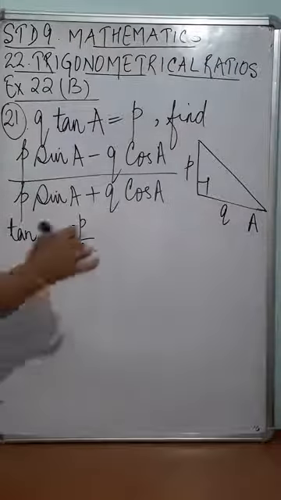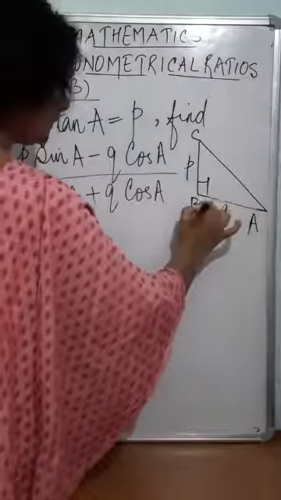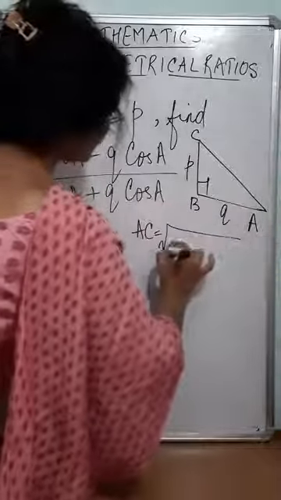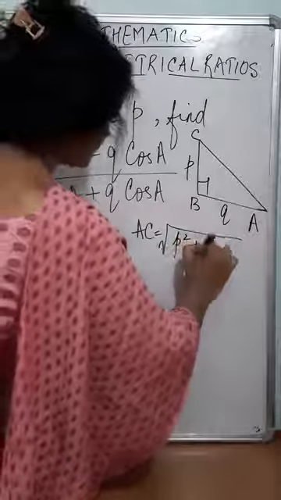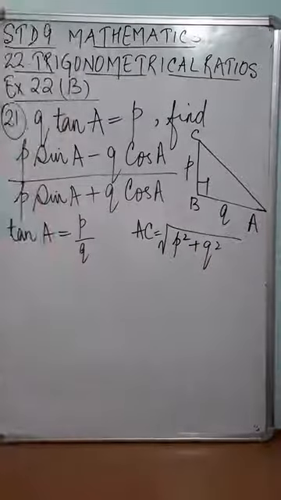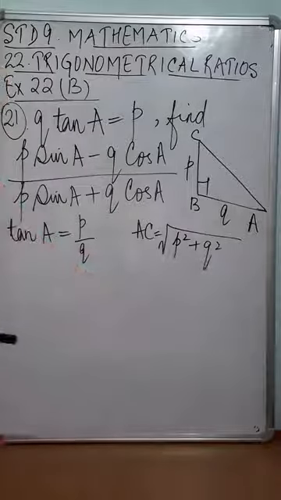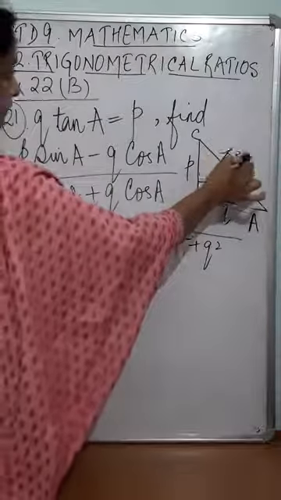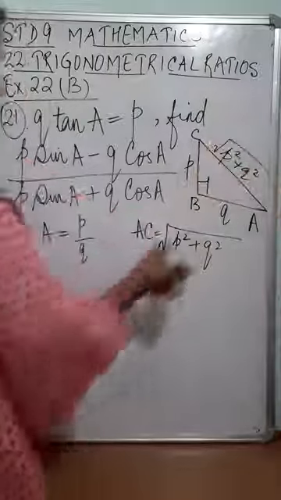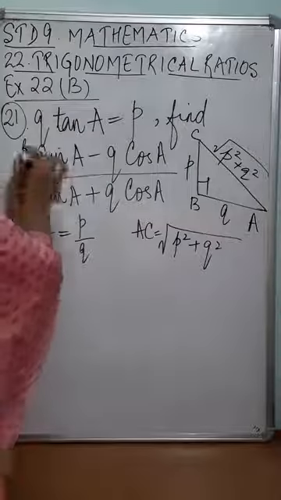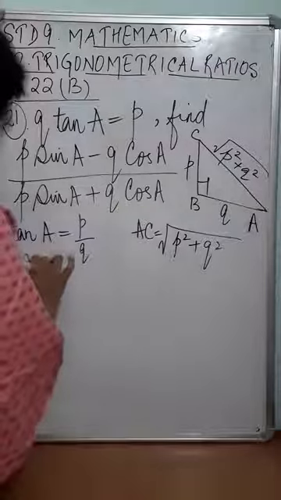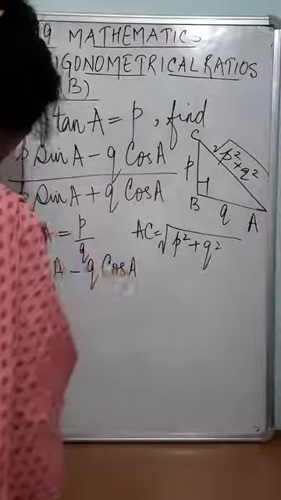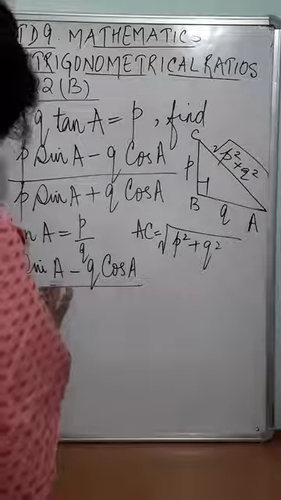So again by Pythagoras theorem, if I name this as C and this as B, AC will be equal to square root of p square plus q square, right? And it cannot be simplified further. Therefore, substituting the value of AC as the square root of p square plus q square, we have p sin A minus q cos A divided by p sin A